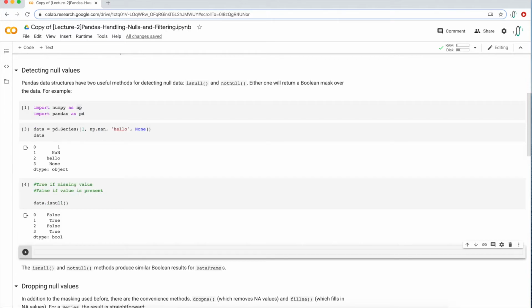And the output should be a Boolean mask, which it is. So false because there's a 1, true because there's a null here, a nan, and then false because there's a hello string here, and then true because None also represents a null value. So dtype bool is a Boolean, and that's exactly what we expect. And you can use essentially this mask to then